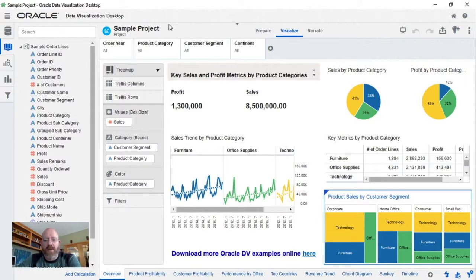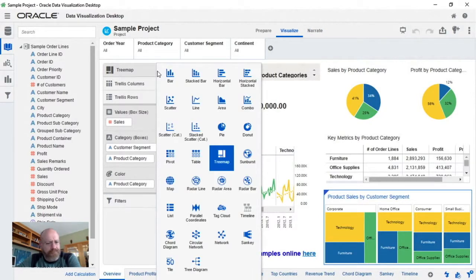So a little bit of indecision on what side it wanted to stay on, but I think it has settled in the right place, and prepare, visualize, and narrate being in the center is a good addition here. So if we look at the visualizations here, it doesn't look like anything's changed, no new